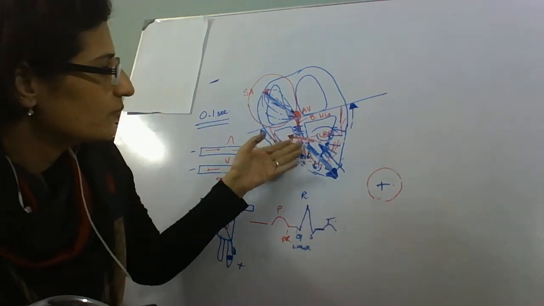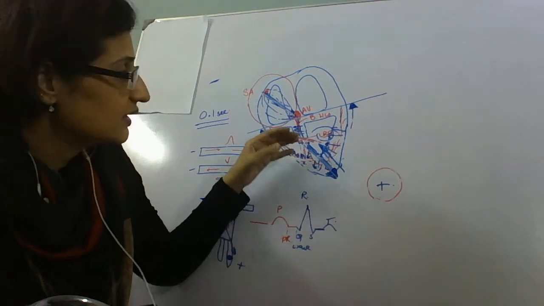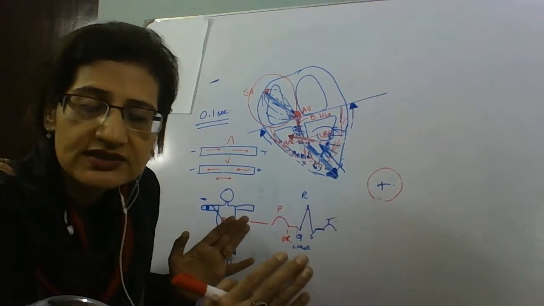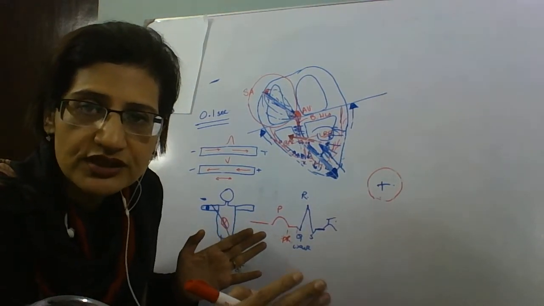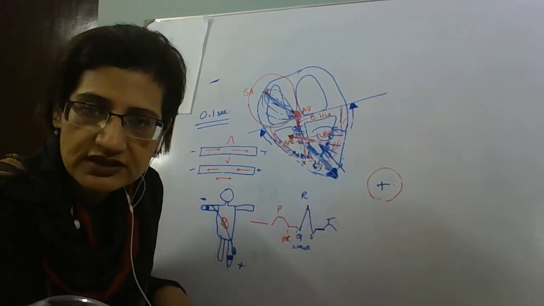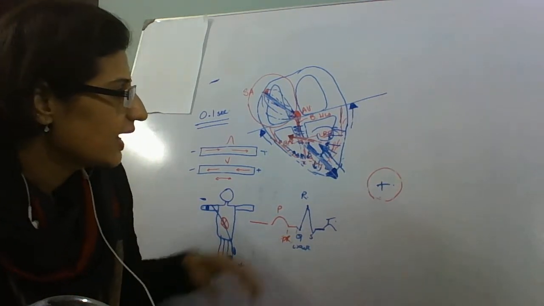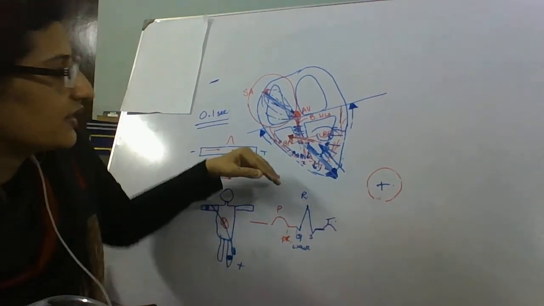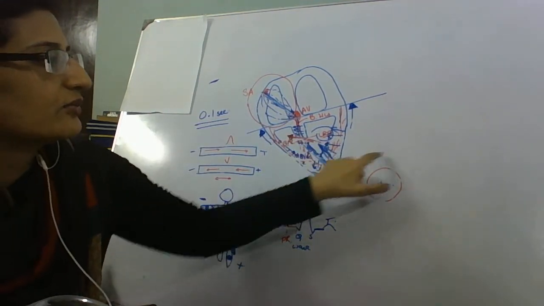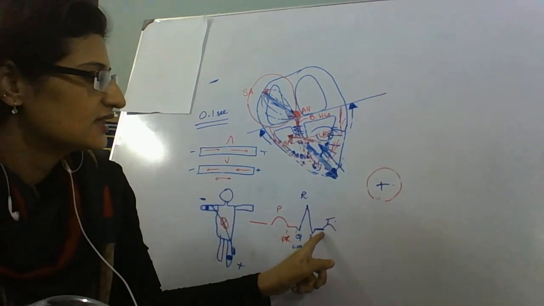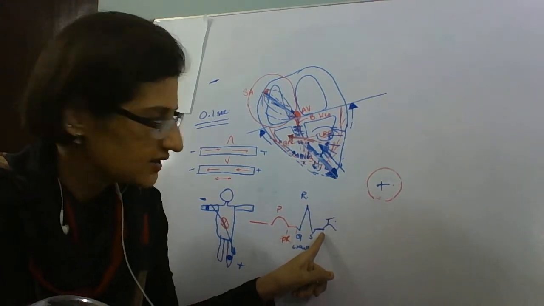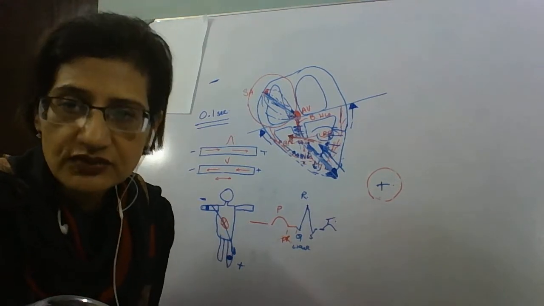And then because it has depolarized, there are positive charges, and the net charge has to flip, but there is a little transient time before this flipping over takes place. That is represented in the form of the ST segment, and then the flipping takes place. So there is movement of the negative charge towards the inside, away from the positive electrode, and this is where the ventricular repolarization is taking place, and this is seen as the T wave,